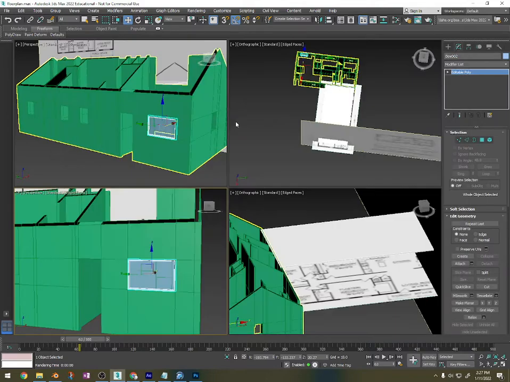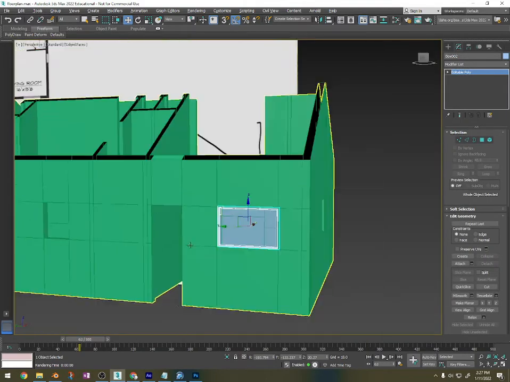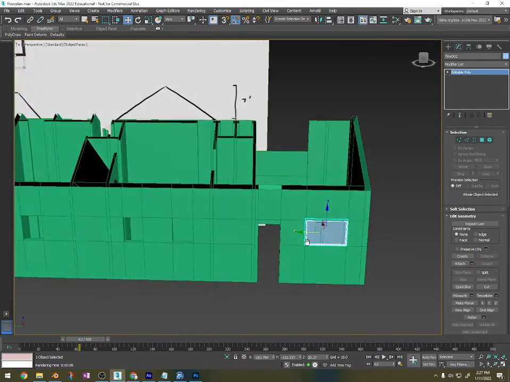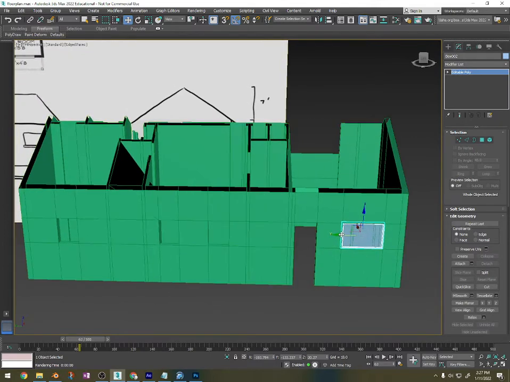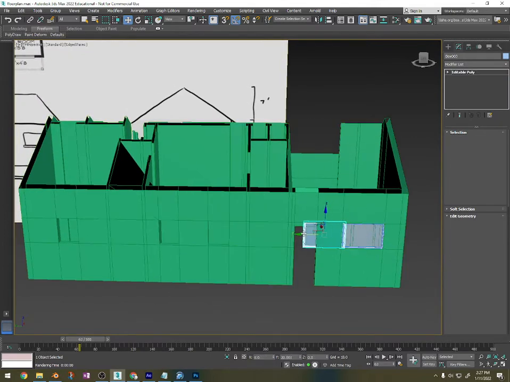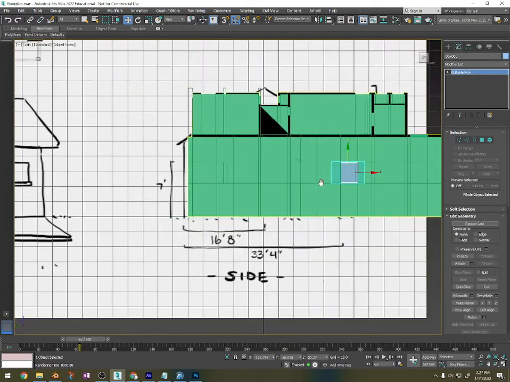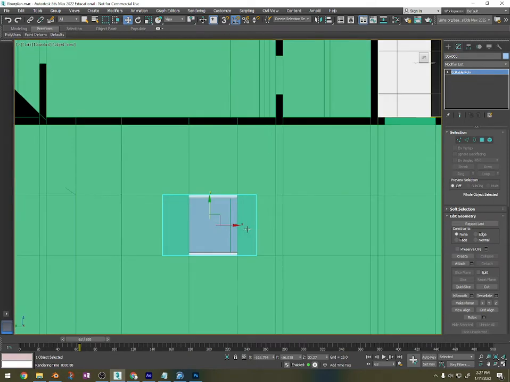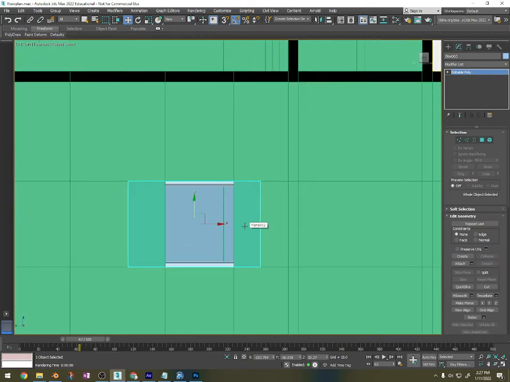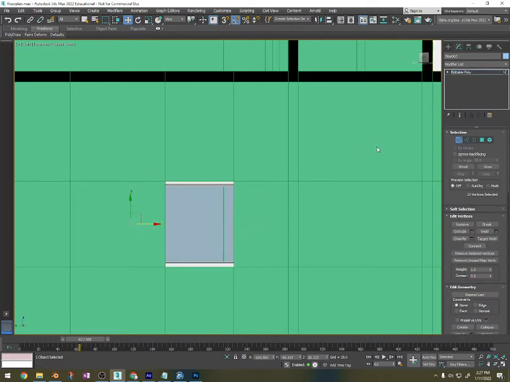So I'm going to exit out of this, maximize this window, Alt W. And now for the easy part, I'm going to hold Shift and drag over a copy into this window frame here. Press OK, and I'm going to press L to go to an orthographic side view. And now this is where I get to scale everything very easily. Pressing 1,